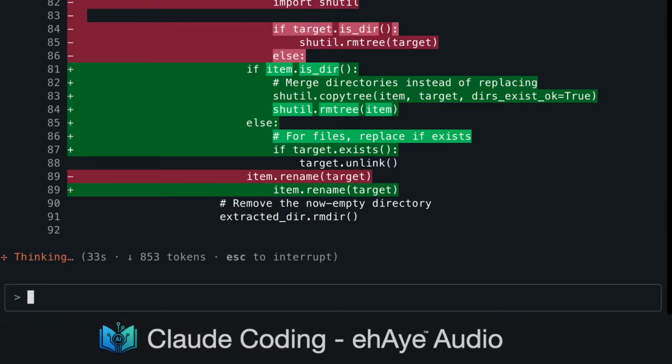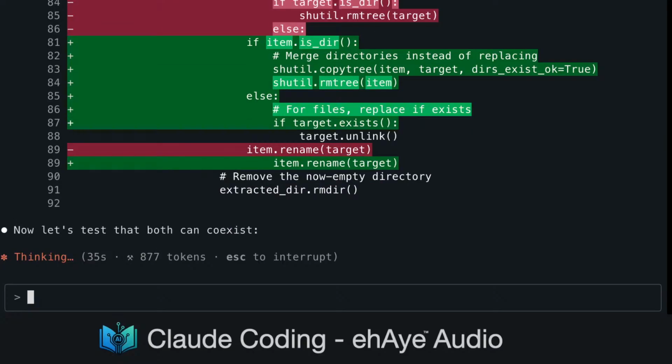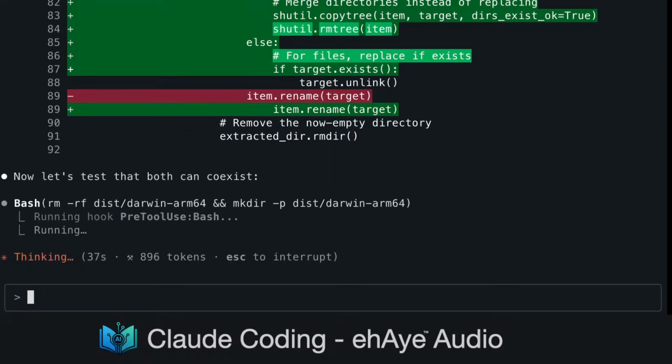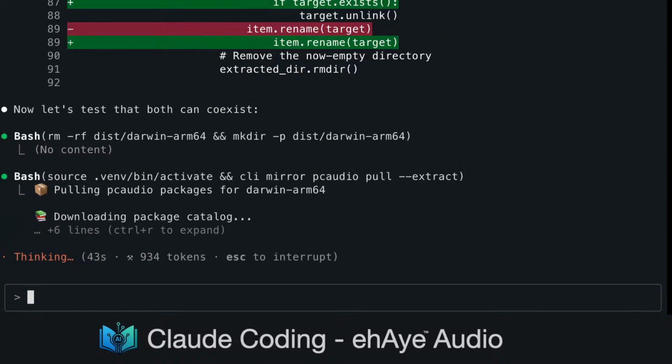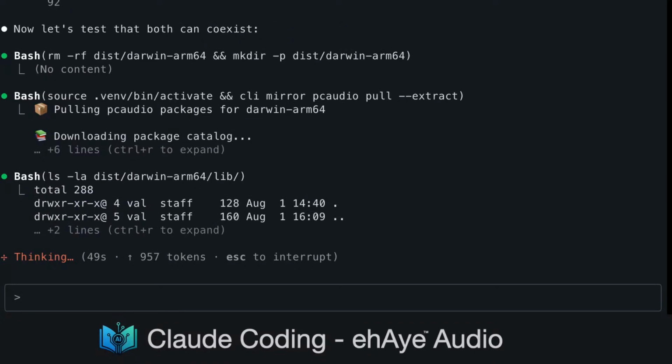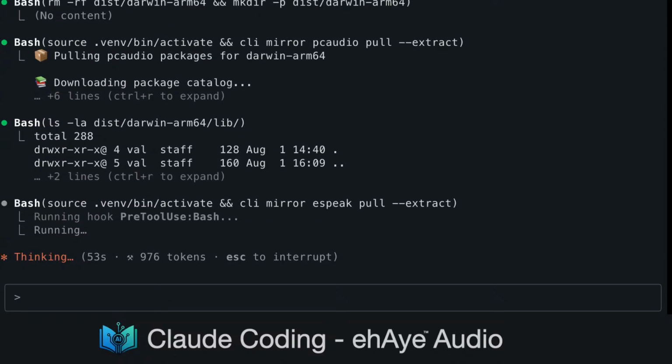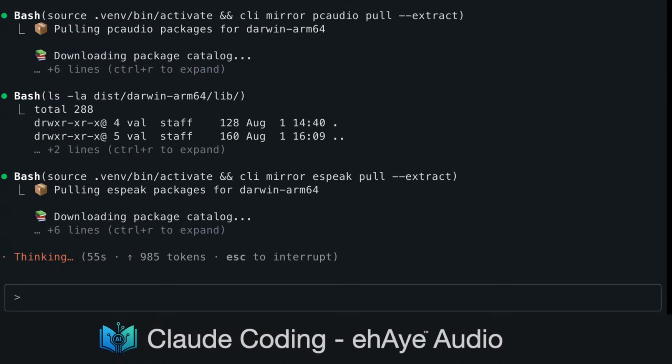Now let me fix the same issue in Claude. Let me test that both libraries can now coexist in dist. Clean dist for fresh test. Extract Claude first. Check Claude libs are there. Now extract speak.